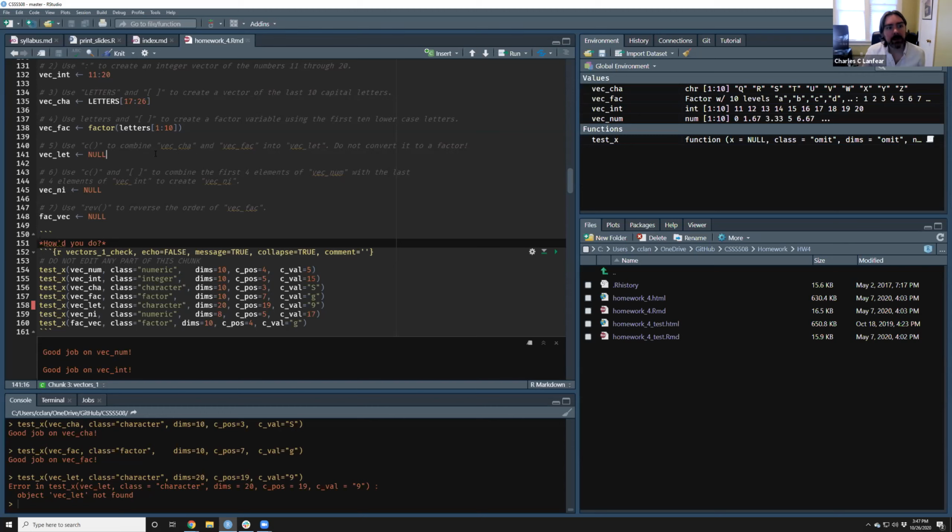Okay, the next one. Use c to combine vec_character and vec_factor into vec_let. I say do not convert it to a factor. If you just let it do its thing, it won't make a factor. What would this look like? Not a trick question.